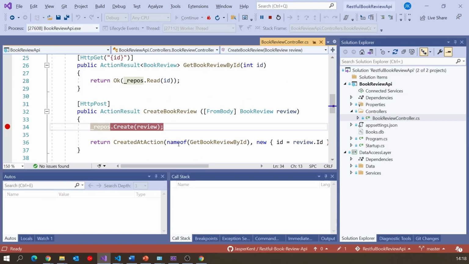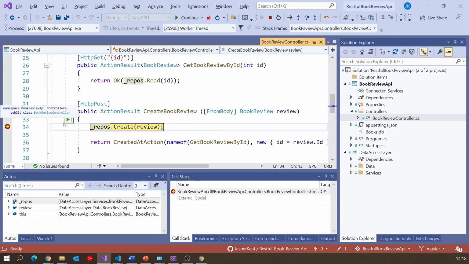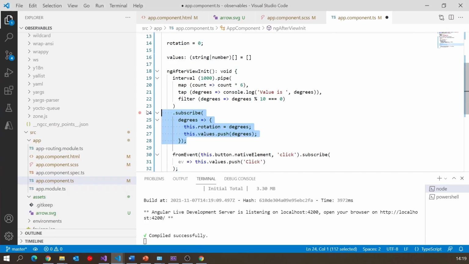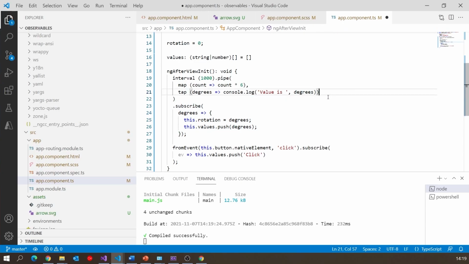If I put that back in and then do the same process, then we do hit the breakpoint because it's sent off. So you've got to remember sometimes if your observable is doing something, even if you're not specifically interested in the result, you still have to remember to put the subscribe on there. And so what we need to do here is just make sure we leave that on. And so now we're back and ticking. And in fact, let's make that a bit nicer by getting rid of the filter because we wanted it to tick once a second. So we can see that now happening in the correct way.